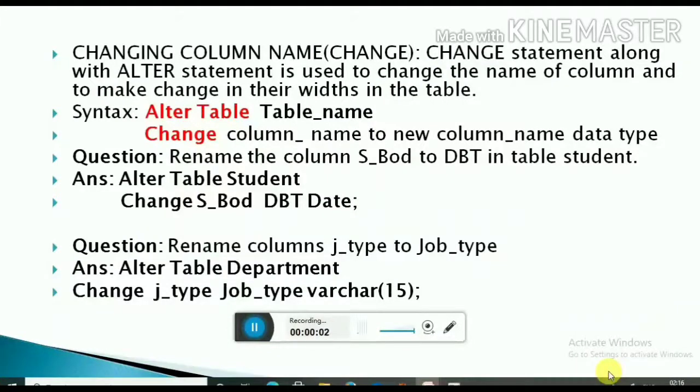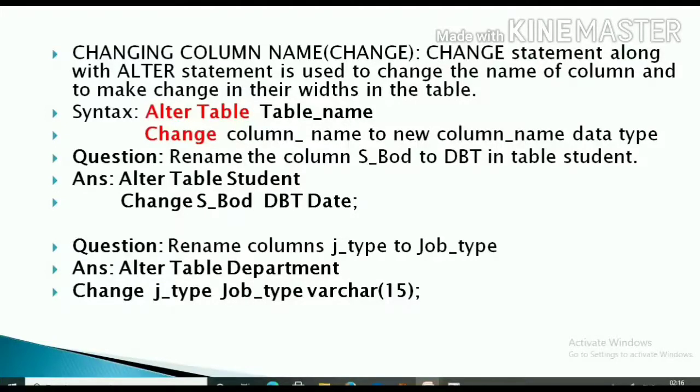Now we will see how to change the name of a column. The CHANGE statement along with the ALTER TABLE statement is used to change the name of a column and to make a change in its width in the table.